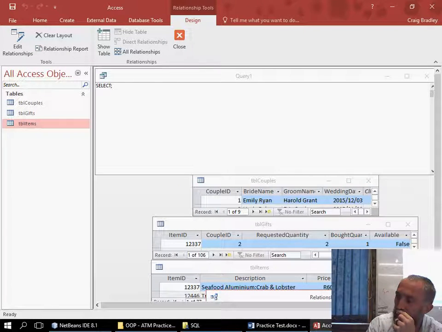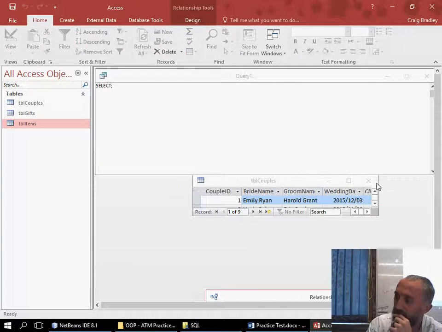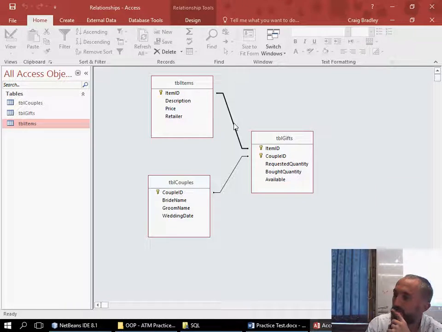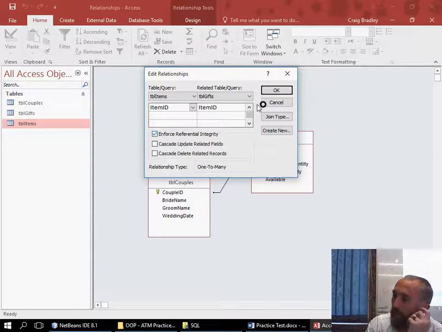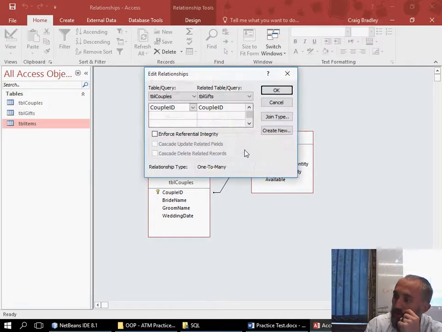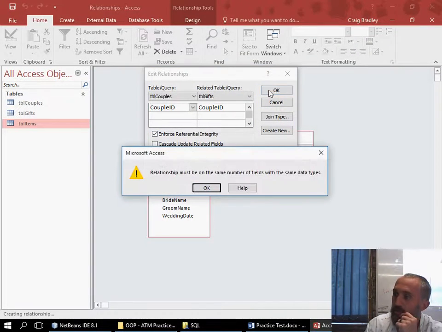I don't particularly feel like... Okay, well, let me not be lazy. All right, when I enforce referential integrity and I go OK, you'll see that puts a 1 to many. Because this is the primary key referring to parts of a composite key. In other words, I can have one item, many gifts. It'll be many gift registry items. And then the same thing, if I enforce referential integrity here, it will also show you, oops,